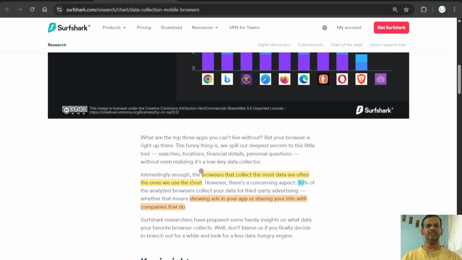So 30% of analyzed browsers collect your data for third-party advertising, whether that means showing ads in your app or sharing your info with companies that do. So it can be both: showing ads, or sharing your data without showing ads,